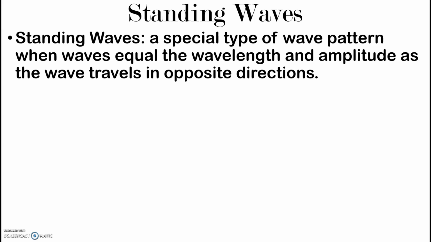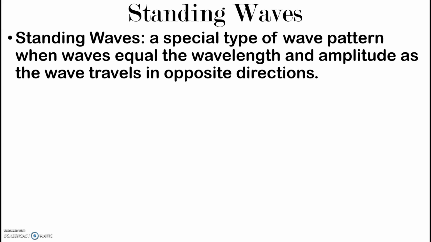Standing waves. So a standing wave is pretty cool. It's a special type of wave pattern. If we were doing this in a lab in class, we would actually make some standing waves. It is a special type of wave pattern that forms when waves of equal wavelength and amplitude travel in opposite directions. And you can do a standing wave if you have two of you with a jump rope,